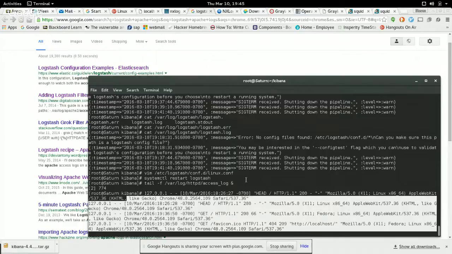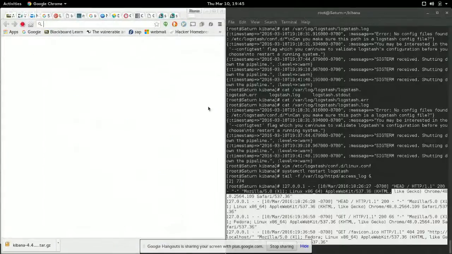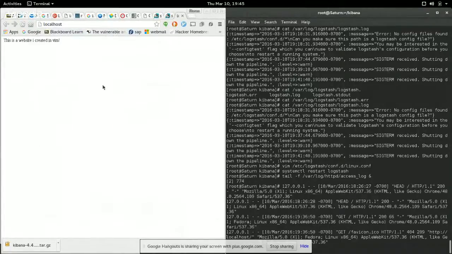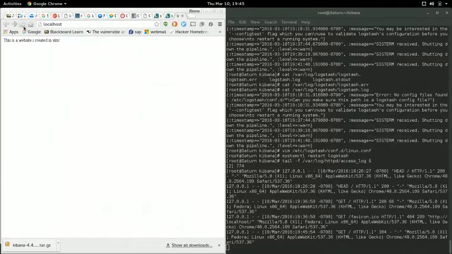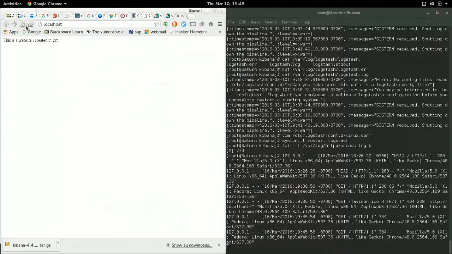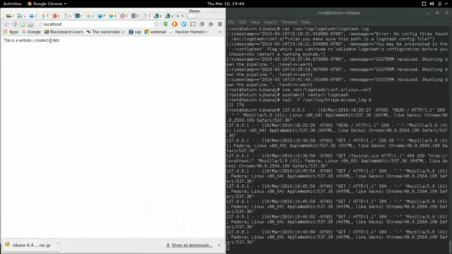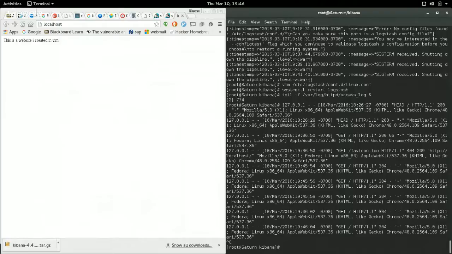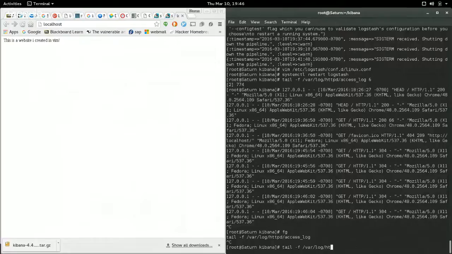Now, if I pop that guy over there, and I pop this guy over here, and I open up a new tab and go to localhost, you should see on this screen over here that it gives me new lines. So every time I hit that, it writes a new line to the log. So that's really helpful for me debugging this. So I'm gonna bring that back from the dead, foreground it, and kill it because I don't really care about that right now. I care about